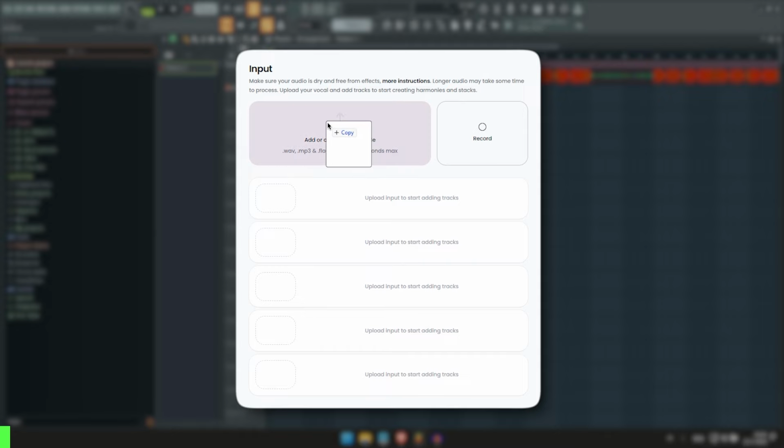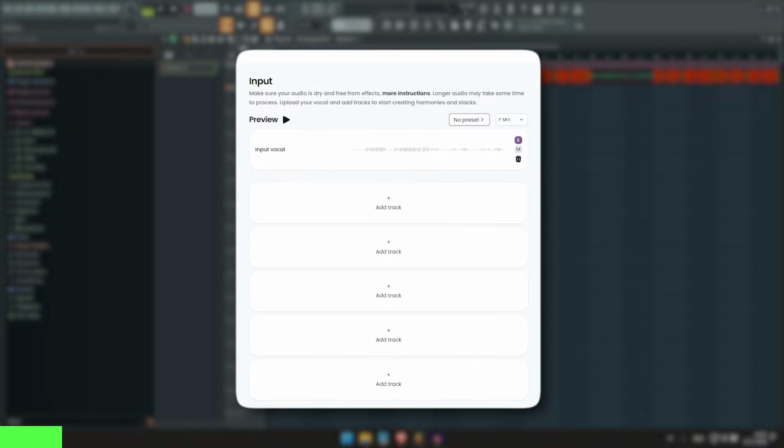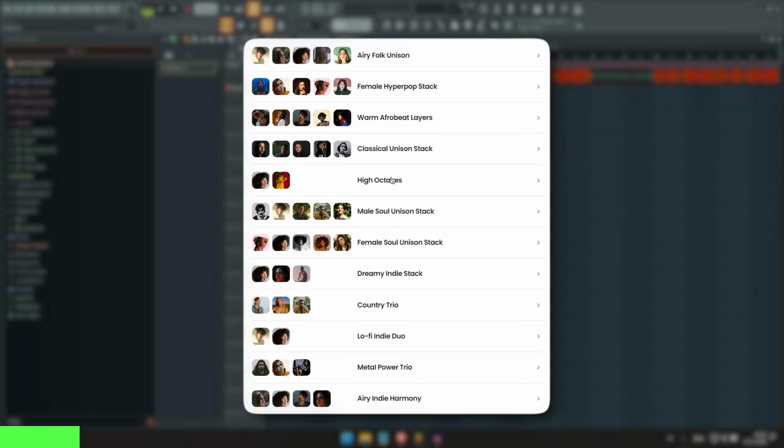Just drag your raw vocals into Audemy, select the key of the beat you're recording on, or click on the predicted key if you don't know it, and then you can add a track or select a preset, for example high octaves. And now if I play it,